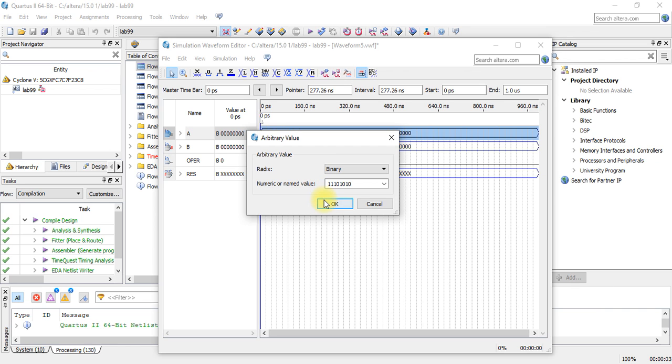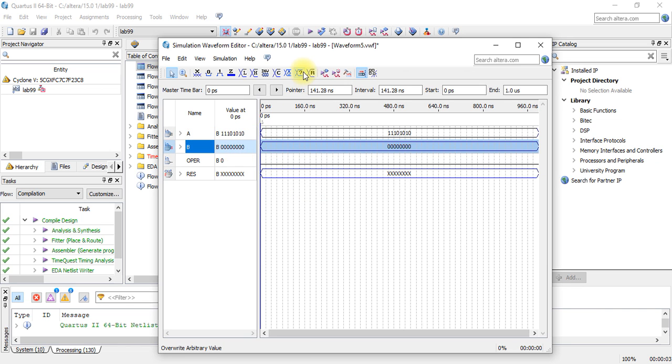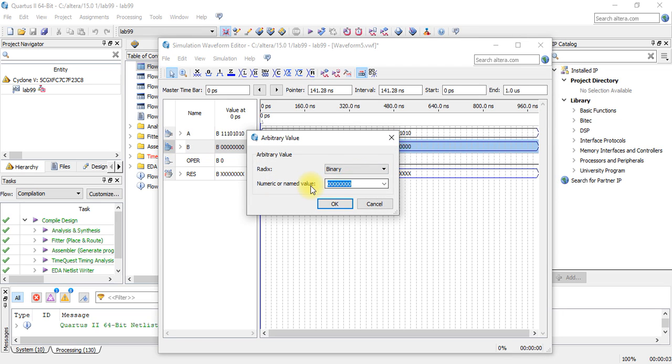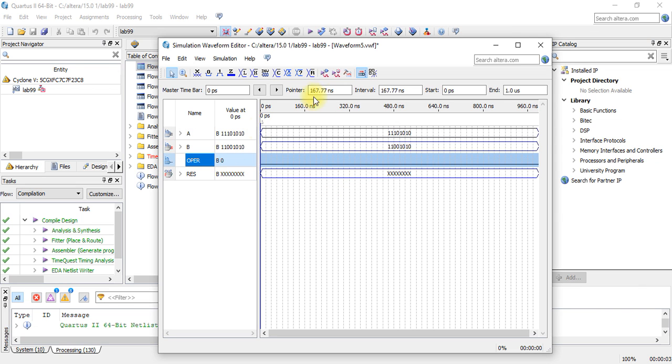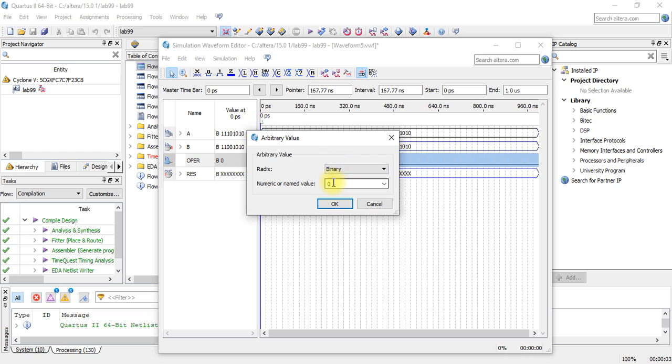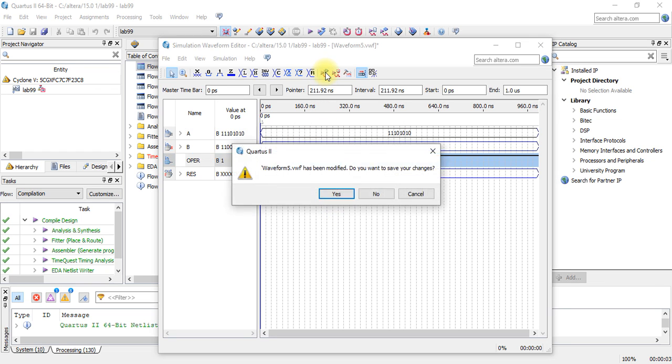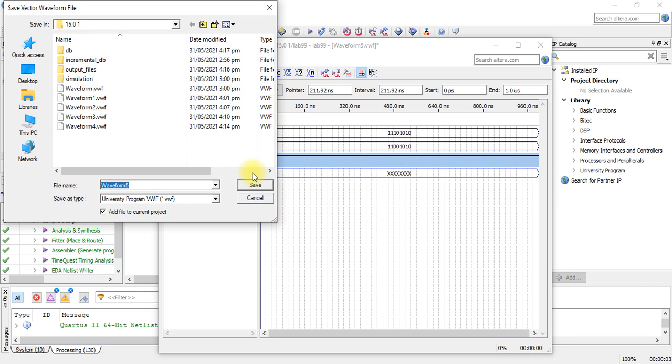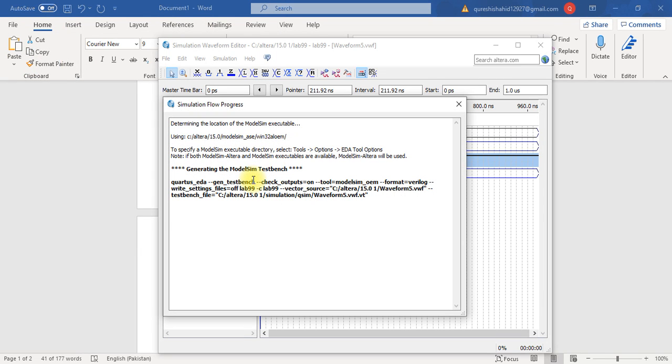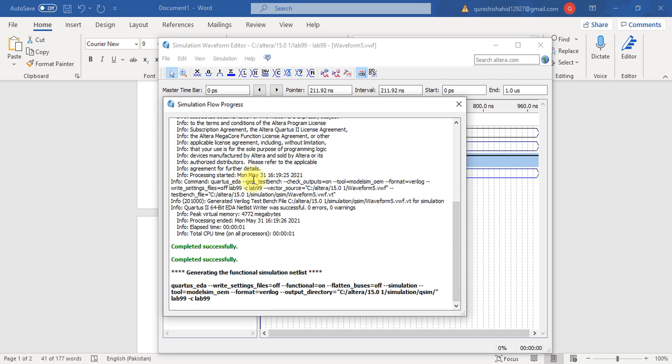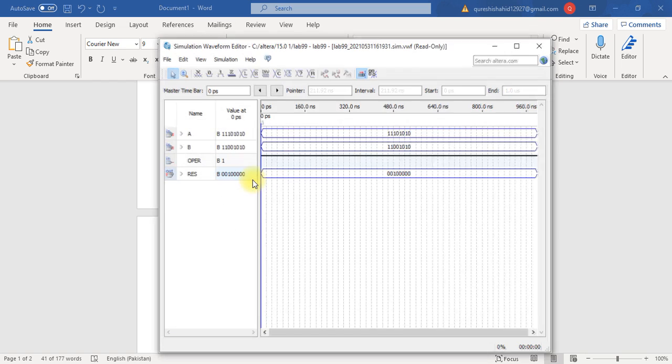B would be 1 1 0 0 1 0 0. So we are going to perform subtraction. We will change the select to 1, and let's see what the result of the subtraction procedure would be.